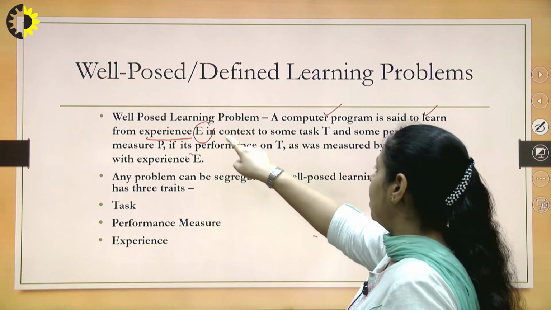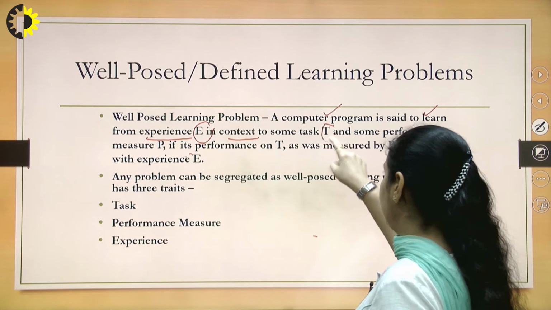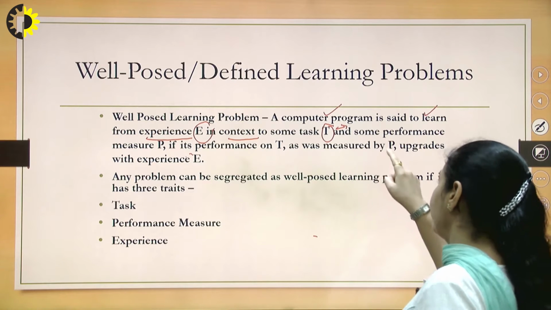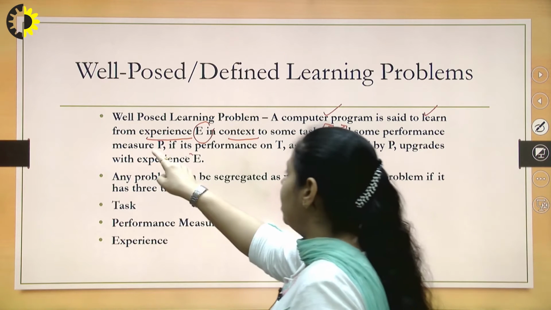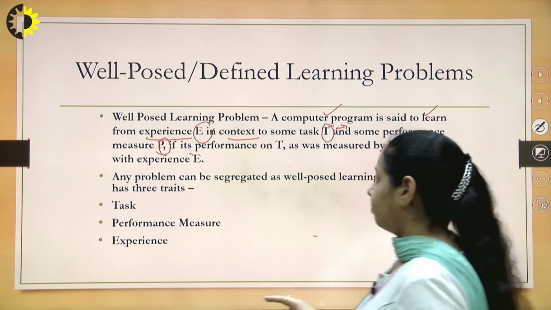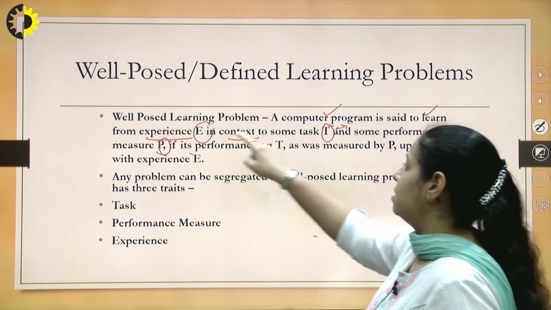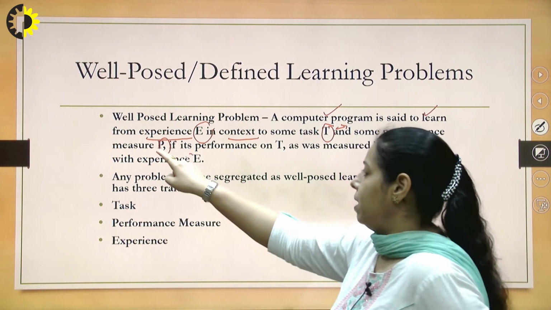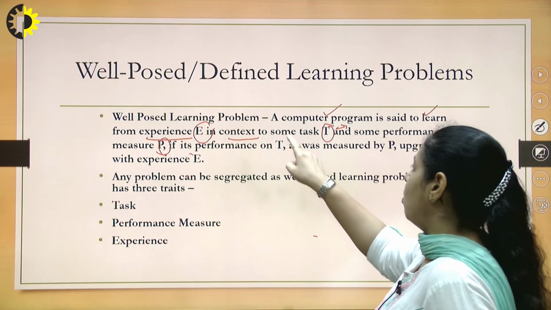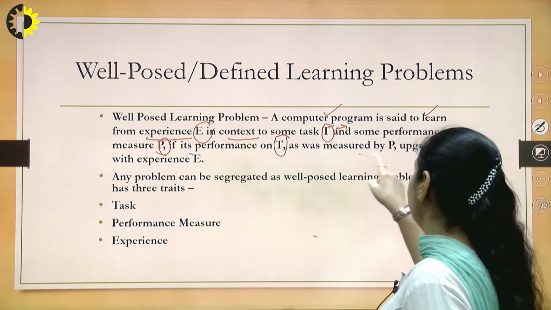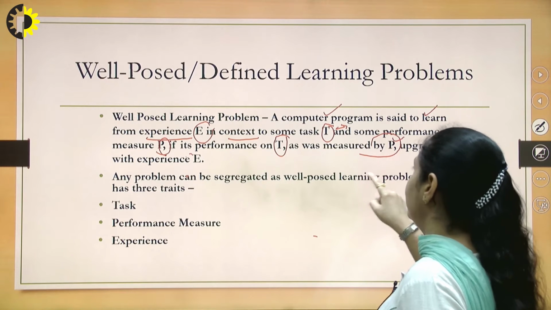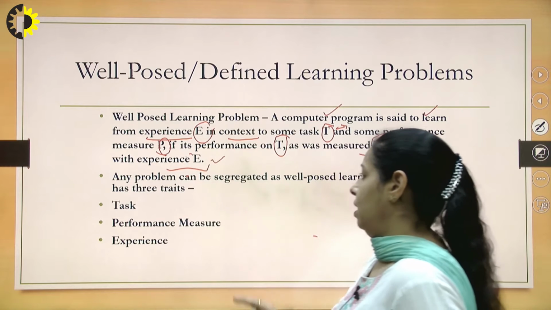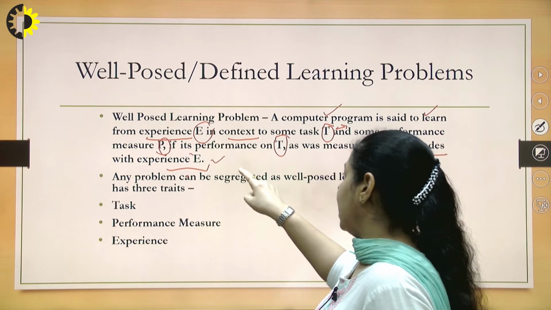This experience is in context to some task T, that is some work, some program done by or collected by the computer program, and some performance measure, that is P. So, this task T and its experience E is calculated under a performance measure P. If its performance on task T as measured by the P, which P has already measured, gets upgraded with experience E. Any problem can be segregated as